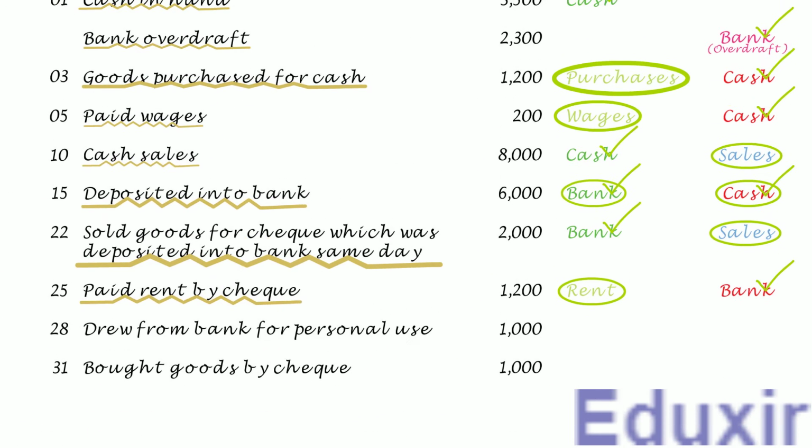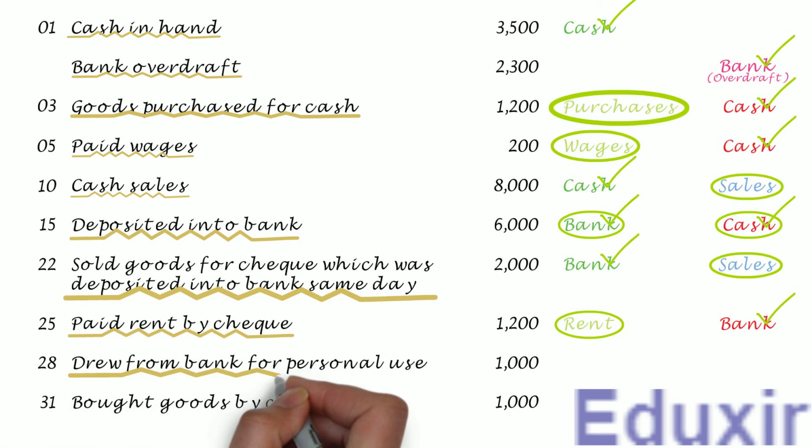In this transaction, the owner of the business is withdrawing 1,000 rupees from the bank for personal use. As you know, drawings should be treated in the same way as when the capital is reduced. This is because the drawings reduce the capital. In fact, the drawings account is just a contra account of the capital account and is used to record all the withdrawals from the capital. This will help the businesses to maintain a clean capital account, which makes it easier for future reference. In fact, the drawings can be considered as a bifurcation of the capital account to record all the withdrawals.